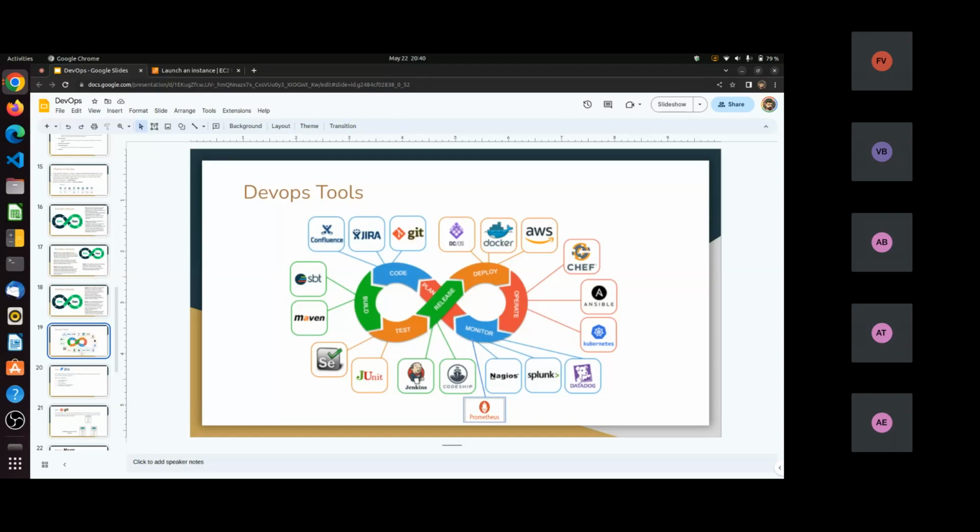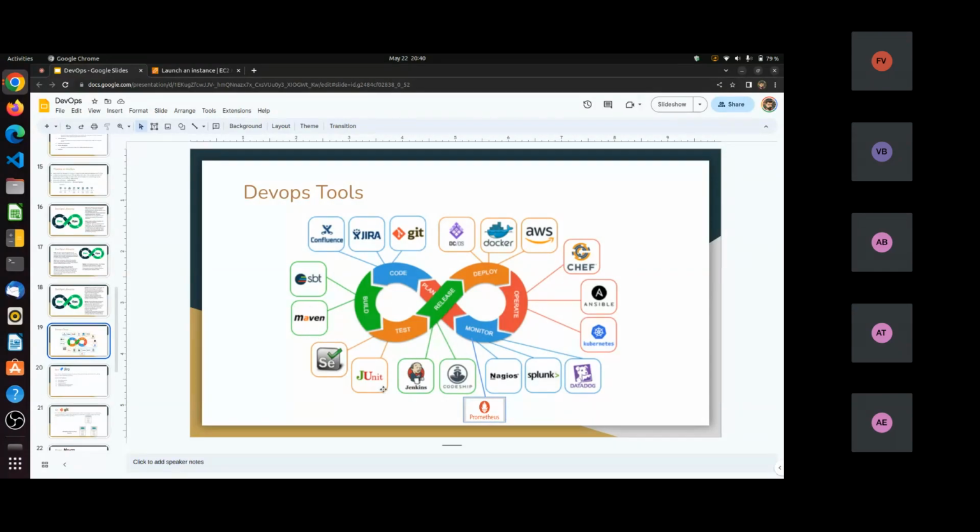In Jenkins we will mention our build server. For example, if we have Java code and a Maven build system, that build will occur in our Maven system.